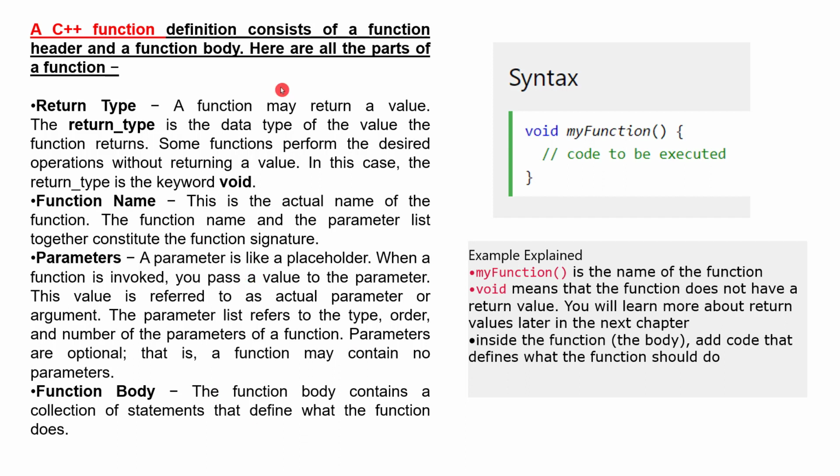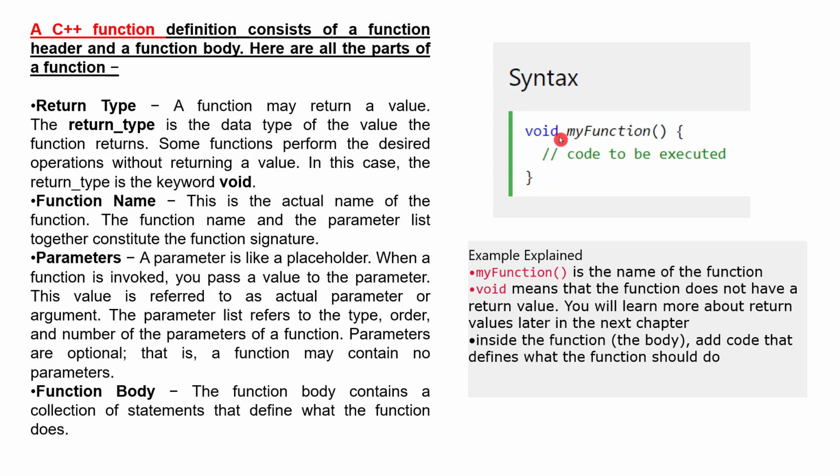Suppose you want to find the addition of two numbers and the multiplication of two numbers. In C++, we have two ways of doing it. Either you can define both addition and multiplication in a single function, or you can separate them: function one will do an addition, function two will do a multiplication. Those come under functions.